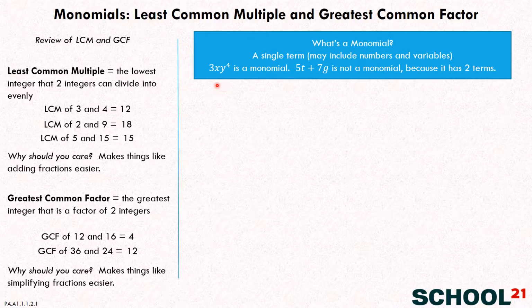So let's look at an example. That's 3xy to the fourth. That's a monomial because it's just one term. It's not two things added or subtracted from one another. It's just one single term. This 5t plus 7g, that's not a monomial because it has two terms. Make sense? Okay, so we're going to be working with monomials, and we're going to try to find the